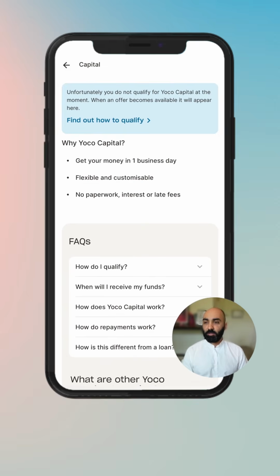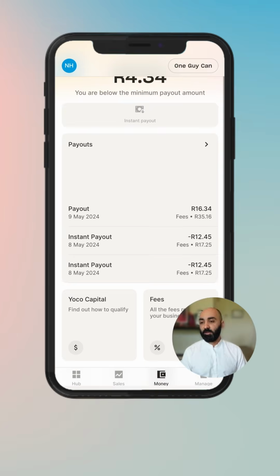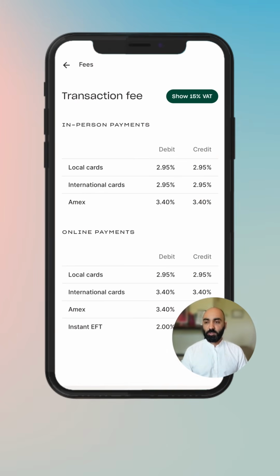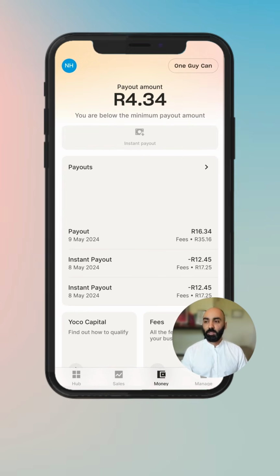Then we do have Yoco Capital, and if you qualify for Yoco Capital, which I do not right now, you'll be able to dive in there and get more information. And then this fees widget takes you to the fees section in your business profile. That is it